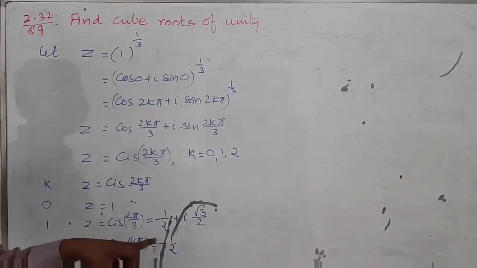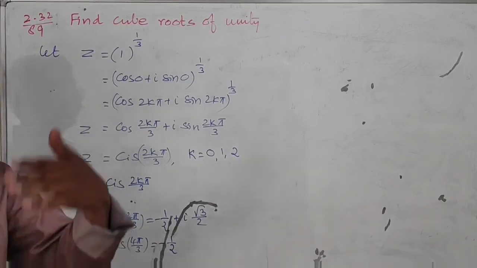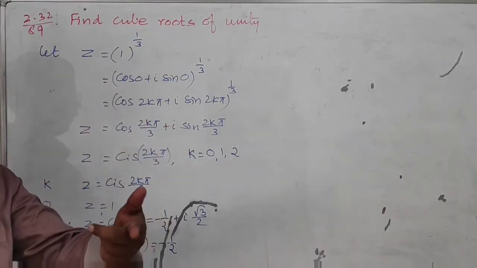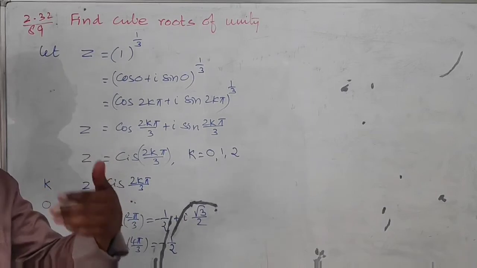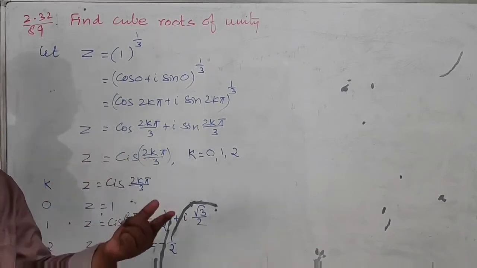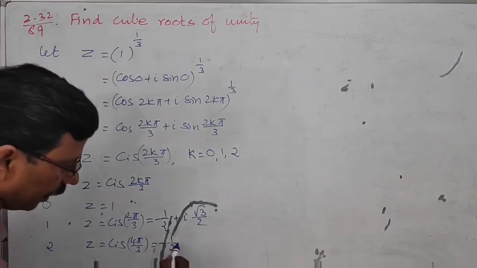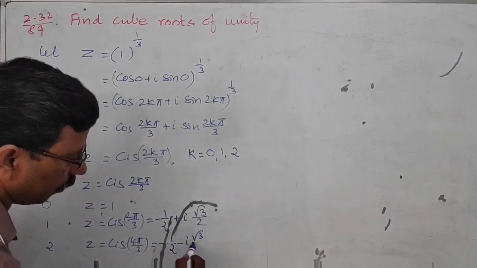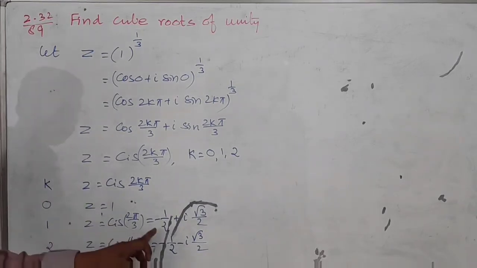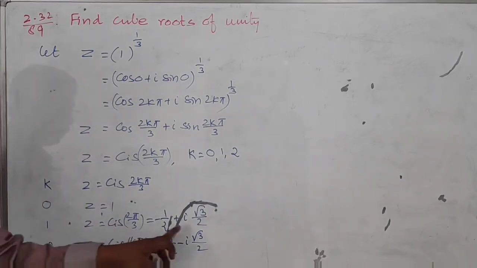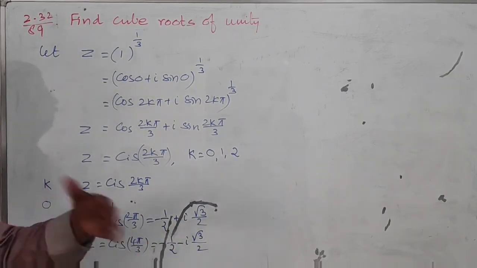Then the same thing, sine 240. Sine 240 can be sine of 180 plus 60 equal to minus sine 60. Minus sine 60 is also minus root 3 by 2. Therefore, you can write minus i into root 3 by 2. Or else, here this is 1, this is omega square. This omega, this one means omega square will be its conjugate only.